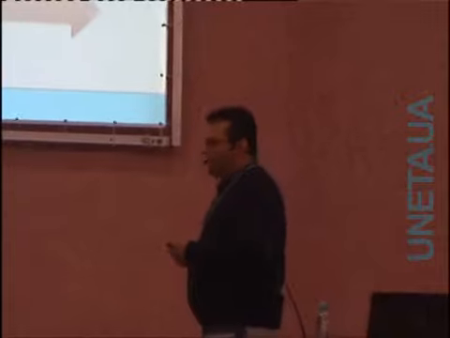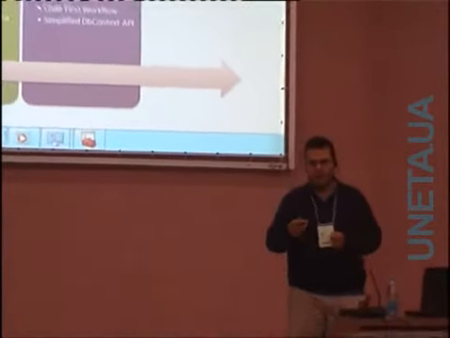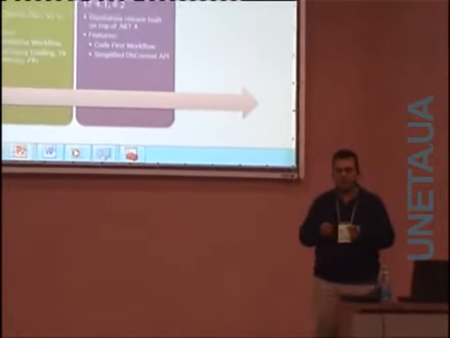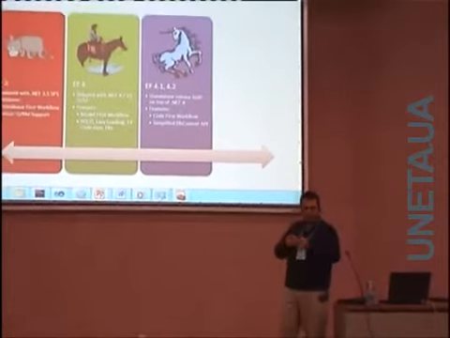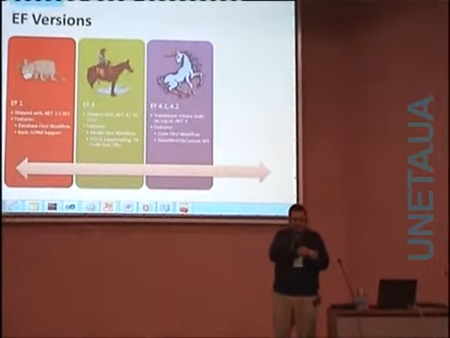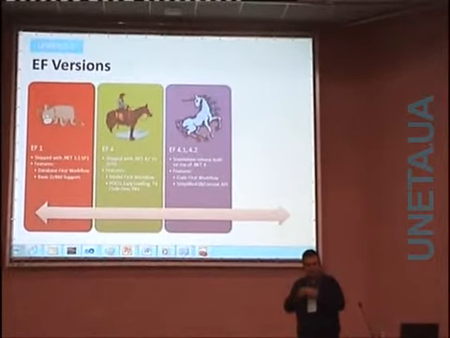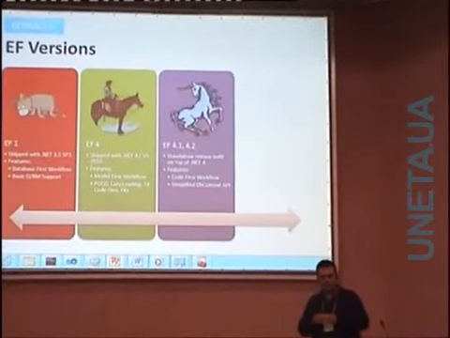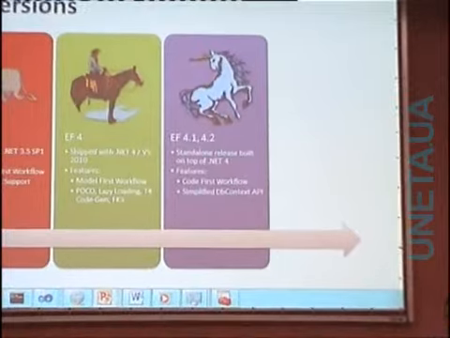So here comes the unicorn. After we released 4.0, we started working on a version of EF that wasn't part of .NET. The idea is that we build this new version of EF on top of what is already in 4.0. We are all the time using public APIs that are in 4.0, but we enable some new features that are not possible with just .NET.